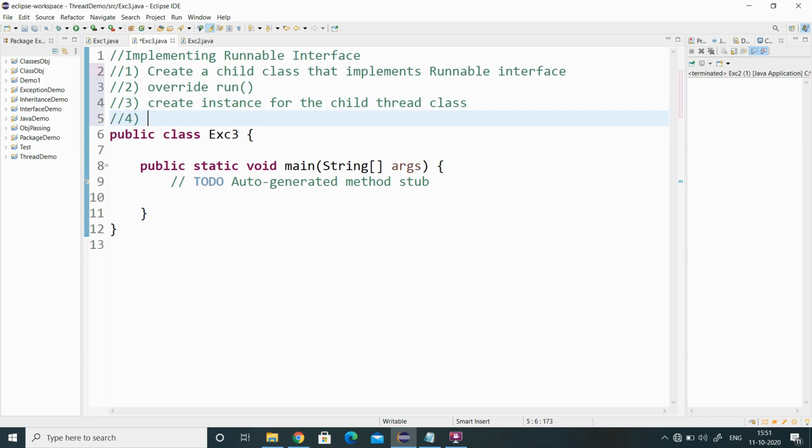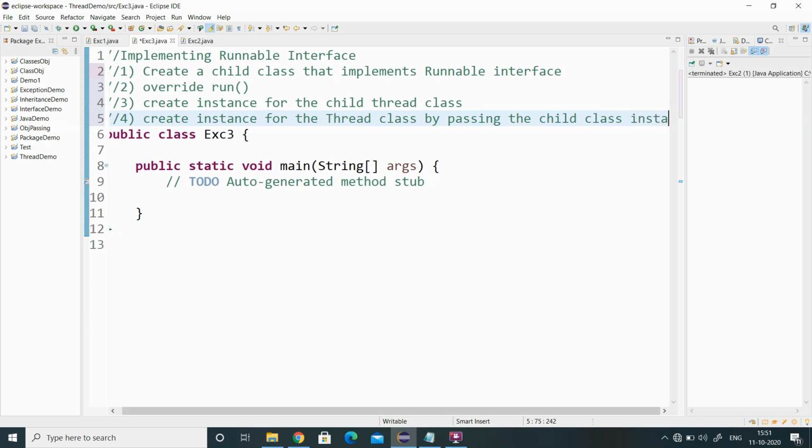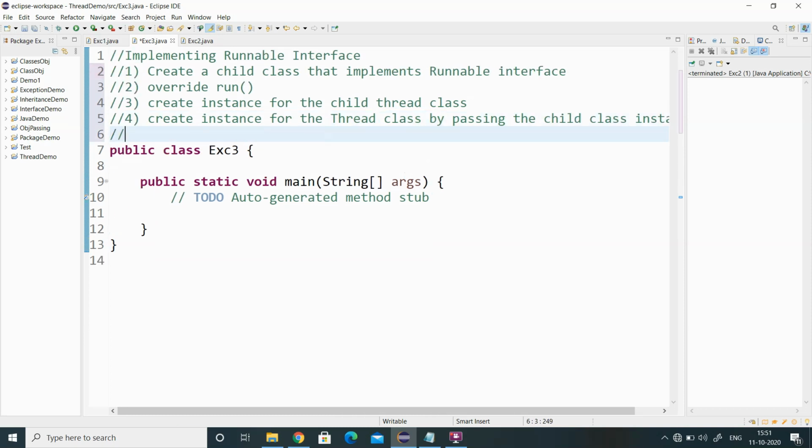Fourth step, create an instance of the Thread class by passing the child class instance. And the last step, start the thread.